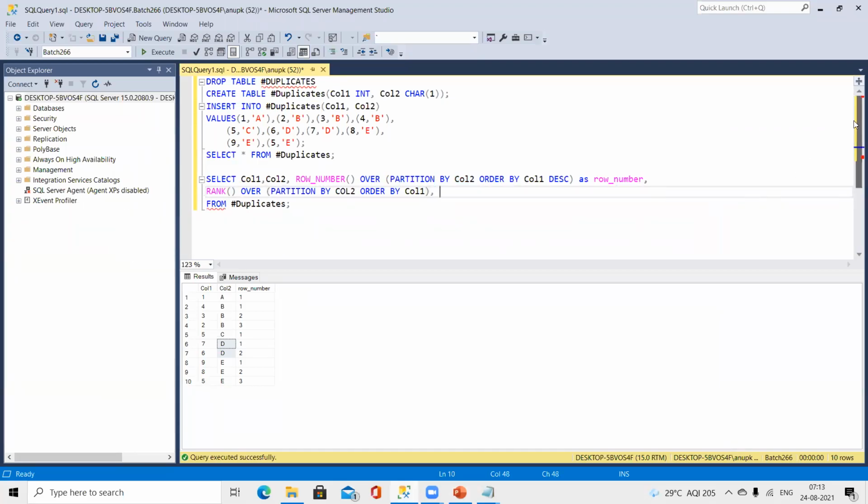So I have defined here the rank number. And in the same way, I can define the dense rank function as well. So here I'll write dense rank as,